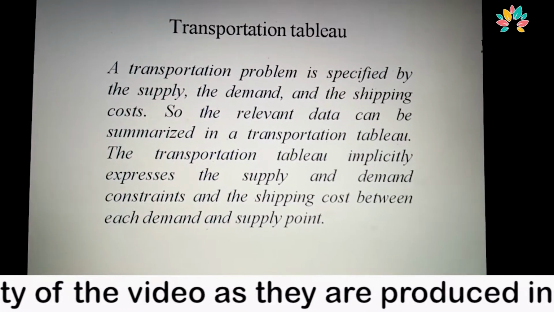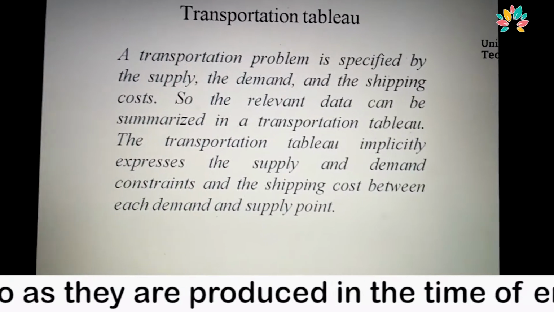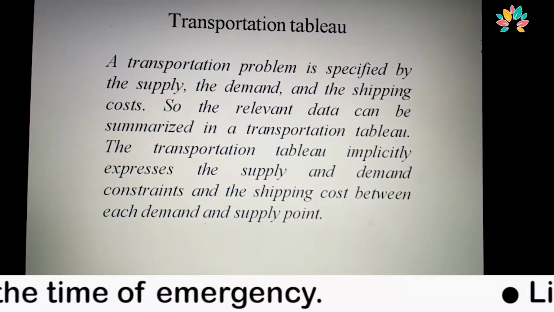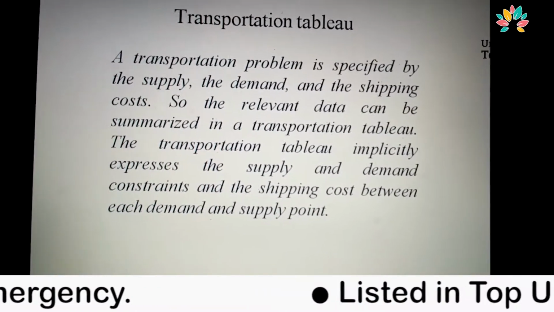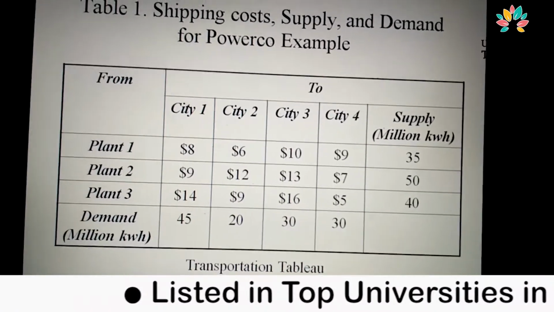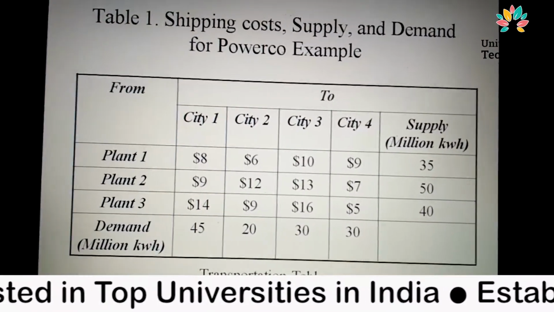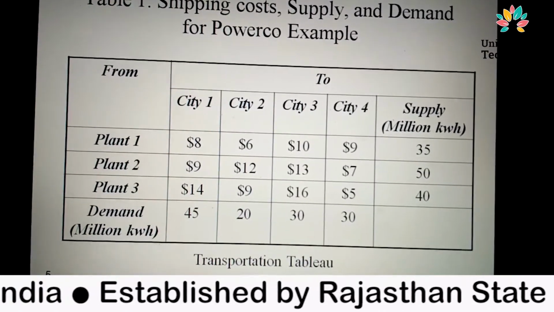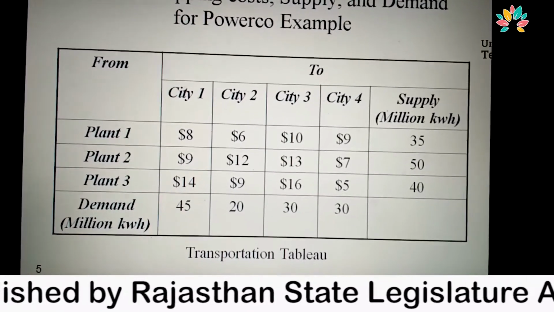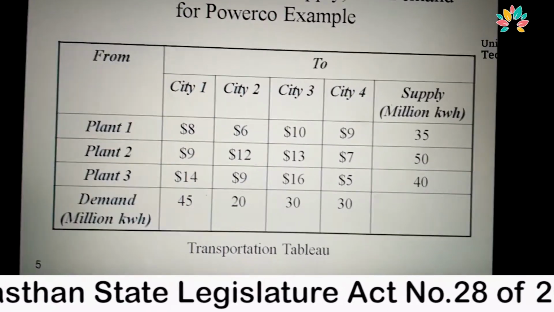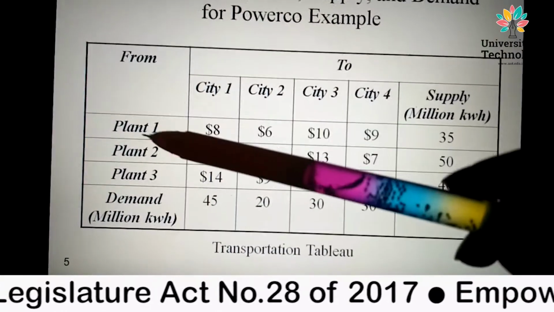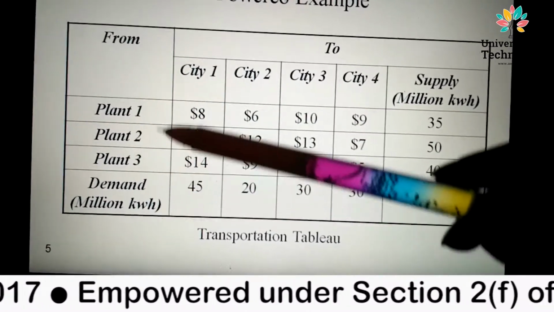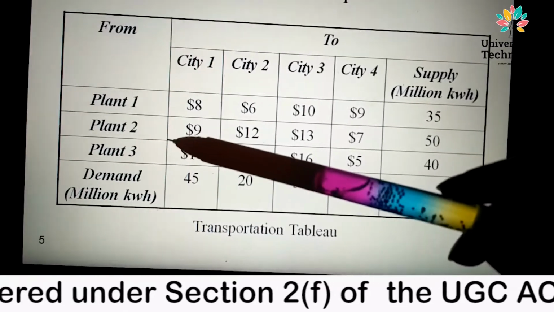The transportation table is one of the specific tools through which you can define all the supply and demand points with the help of the shipping cost, right? First you have to know how to write down the transportation problem, or how the quantitative values are converted into rows and columns. Now, row-wise, you write plant 1, plant 2, plant 3. There are 3 manufacturers or origins where you define the supply side, right?